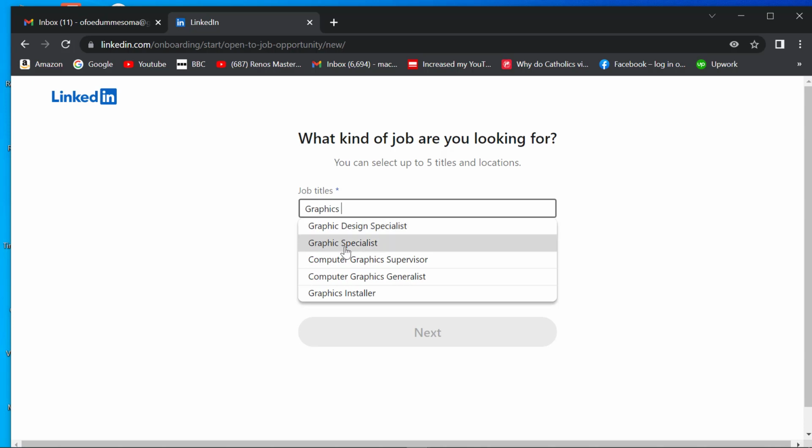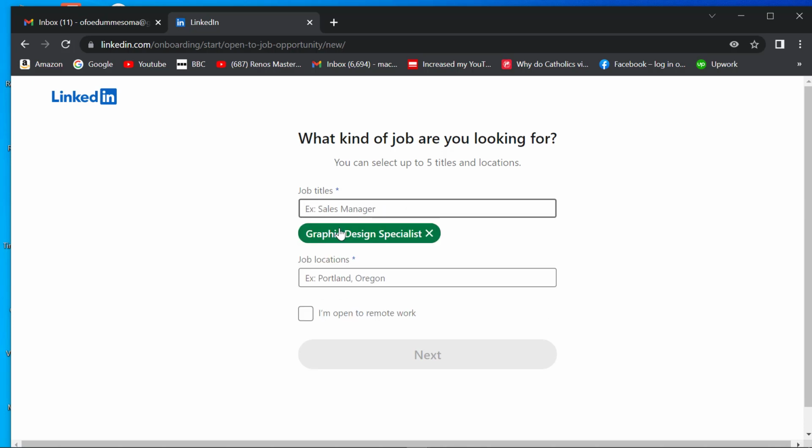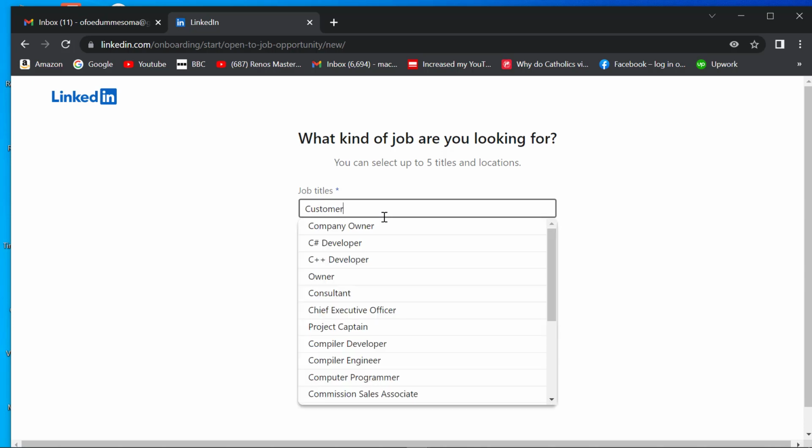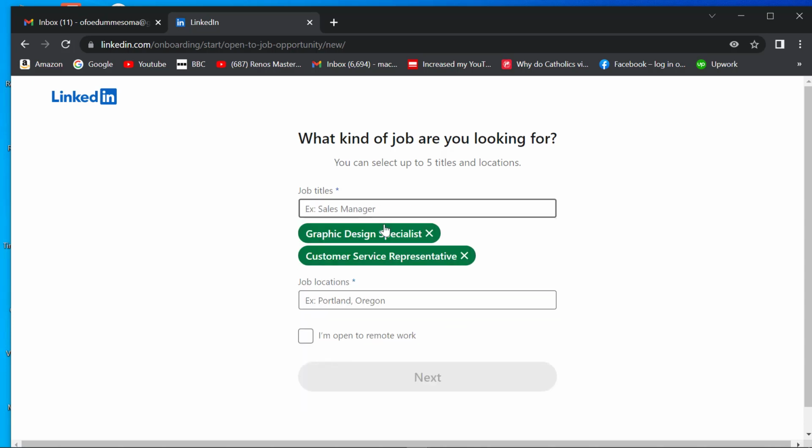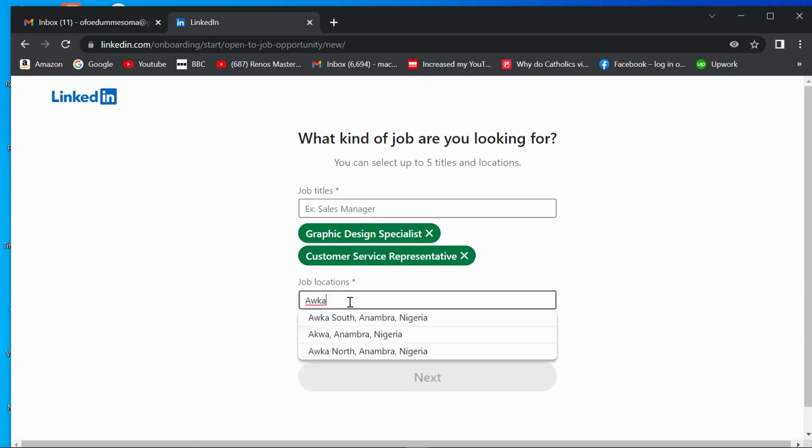Let's say graphic design specialist. We could choose as many as we want to. Customer service representative, and so on and so forth. So you can choose as many as you want, and the location preferably Awka,